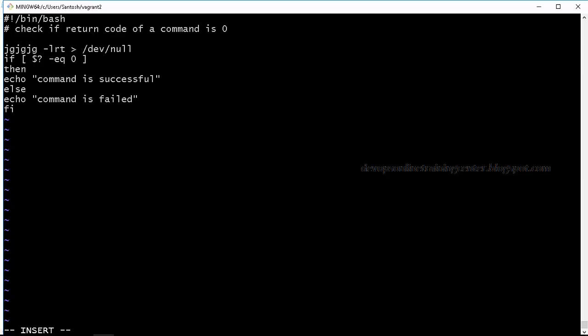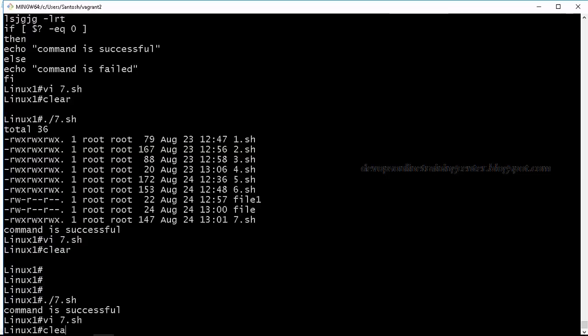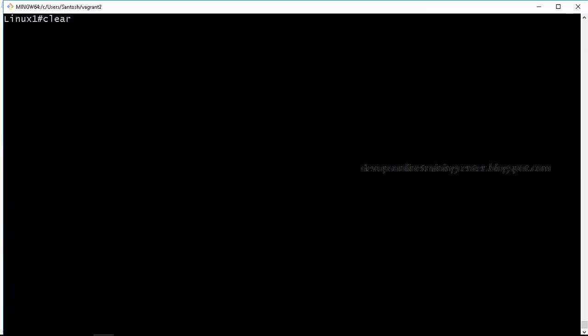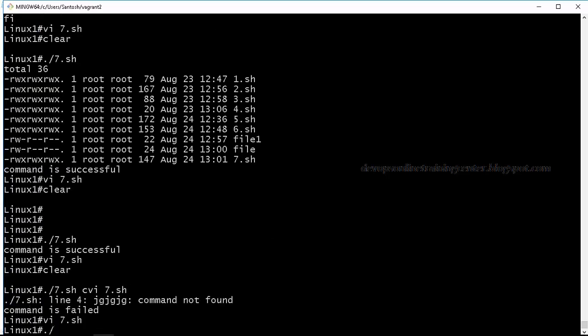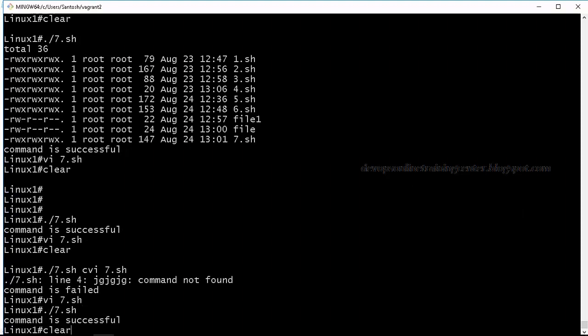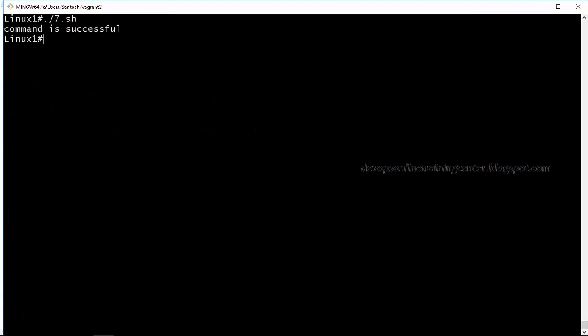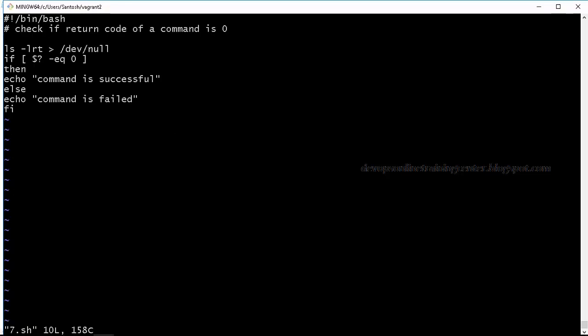Let us say I give a command which will definitely throw an error message on the screen. If it is successful, that content will be written to /dev/null, which means the command is successful. If the command is not successful, that is called error output, right?